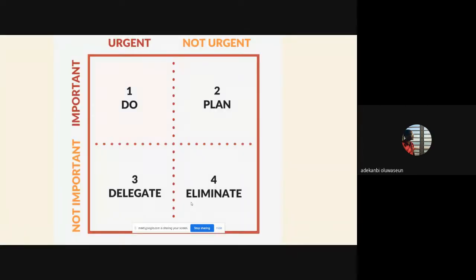So this is the important-urgent matrix, right? How does this work? There are things that are important, but they are not urgent. There are some things that are urgent, but they are not important. There are some things that are important and urgent at the same time. So this is a basic way to prioritize. You ask yourself, okay, anything that is important and urgent, let's do it first, right? Anything that is important but not urgent, I'll plan for it. I'll schedule it, create a calendar, break it down, but I'm not doing it now. I'm just planning ahead for it, right?